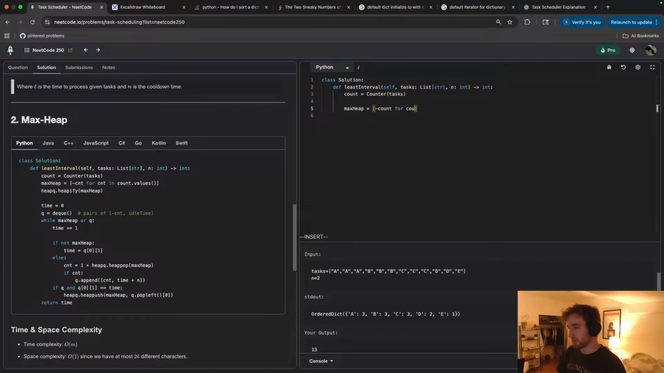Negative count for count in count dot values, heap dot heapify. I really like calling heapify because it's like a spell. Heapify. You know? I do like that quite a bit. So we have our max heap. I'm actually gonna rename this to